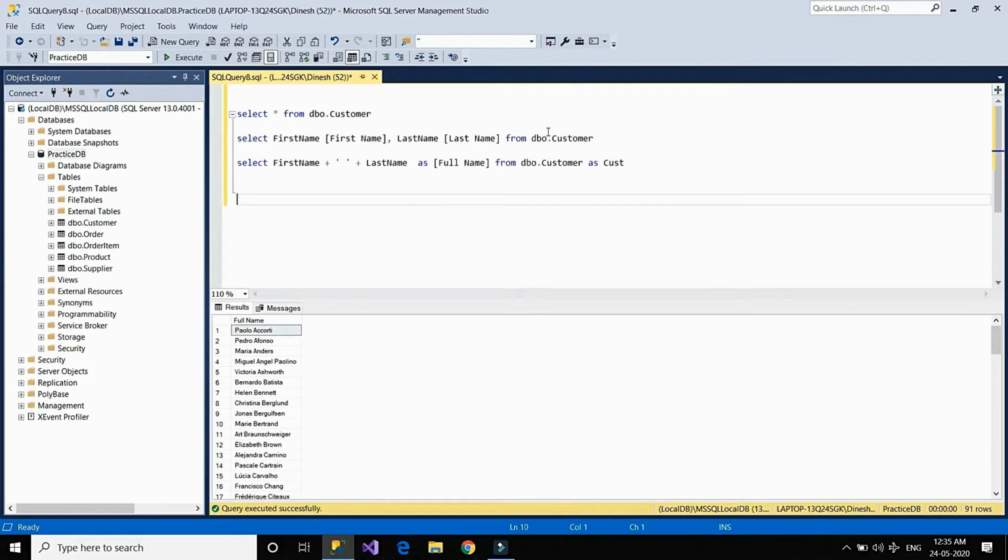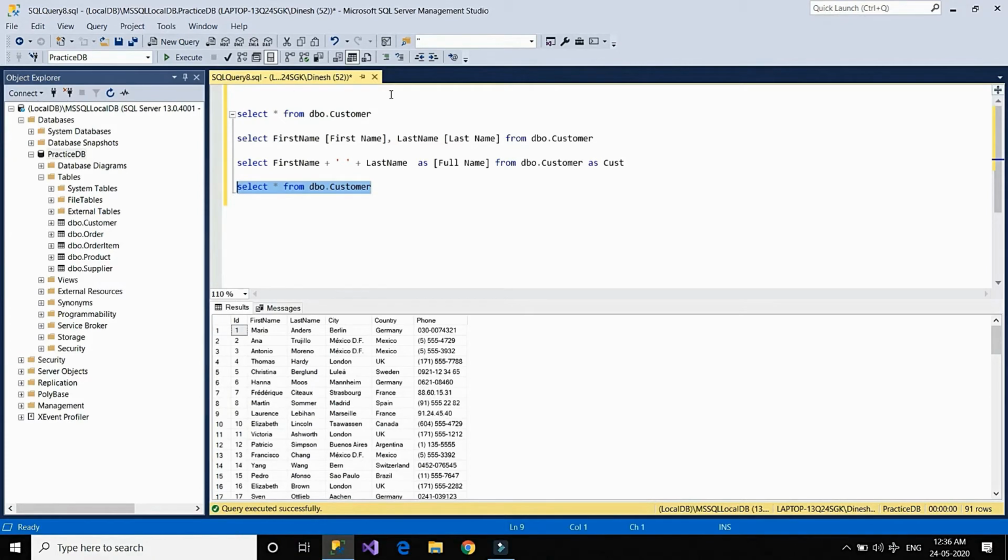Now I want to show you how you can set the offset in SQL Server. What offset means is that if you want to skip a few rows from your table and start getting the select query results from a particular row number, this is where offset is useful. For that, we first select star from dbo.customer. Let's order by the ID, since the ID column is the unique key and it starts from 1. Then we give the offset keyword below it.